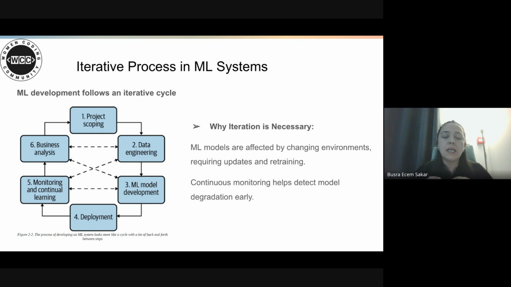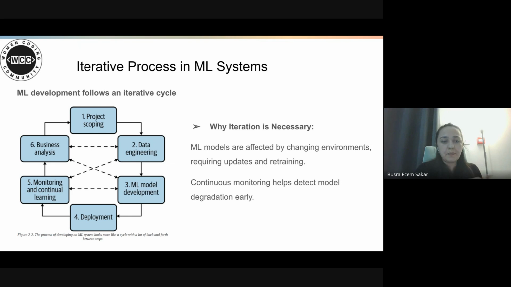In this step, we identify our goals, check whether we have the data, and identify our expected outcomes. The second step is data engineering. We collect, clean, and transform our data for modeling, then create features that enhance predictive performance.